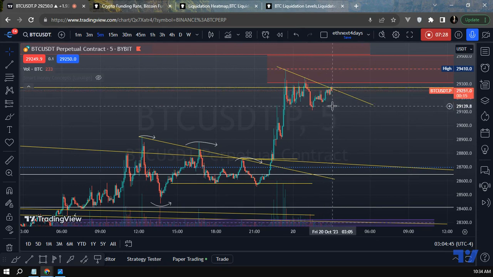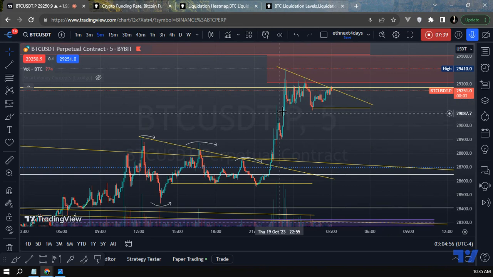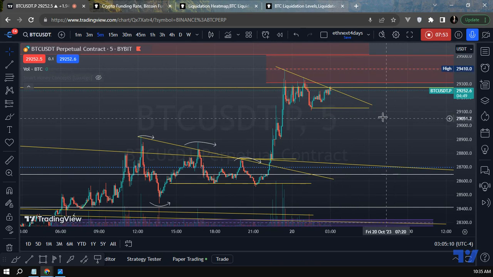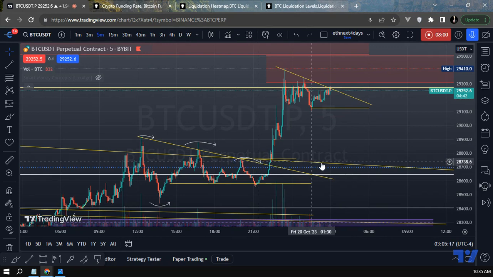If this comes down and probably holds around here above this, then there's a chance of going higher. And when I say above this, maybe we stop around here. This is a 5-minute chart, by the way, keep that in mind, guys. Then we could have a chance to grab some liquidity around here. If that doesn't happen, if we go below this, I don't think we're going to come back around here until we come around this area, which is 28.7, 28.6,